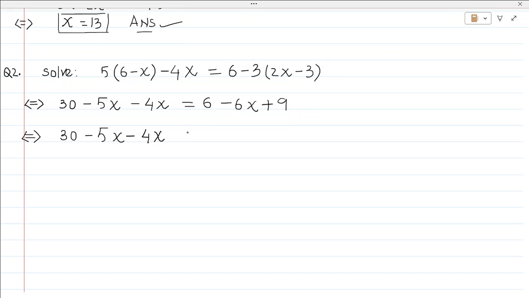Actions means mathematical operations. Now I am transferring this minus x from right hand side to left hand side, so the sign will change, so it becomes plus 6. On the right hand side we are left with 6 plus 9, so put 6 plus 9 as it is. Okay,